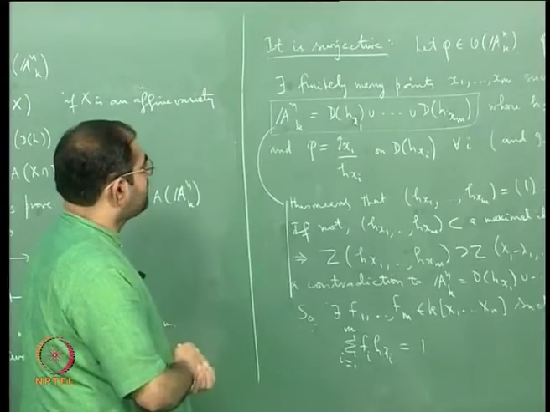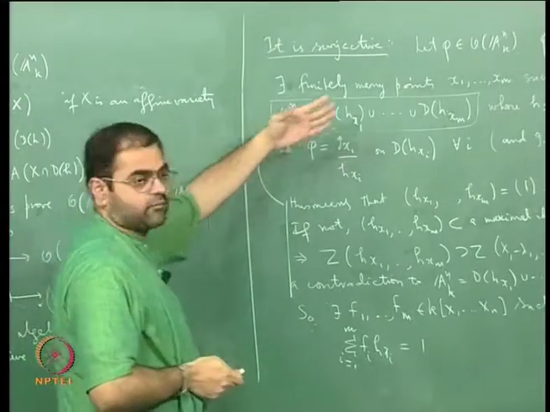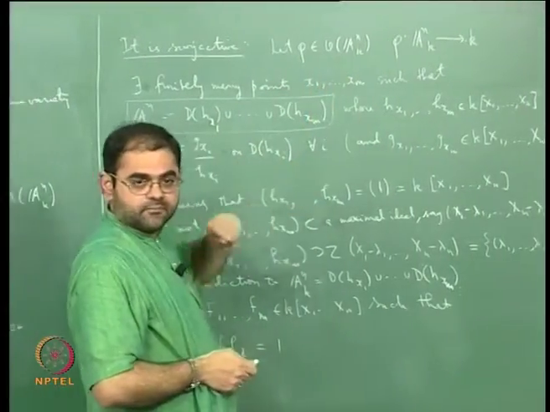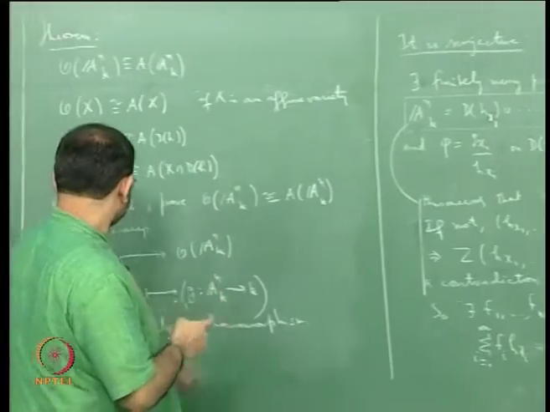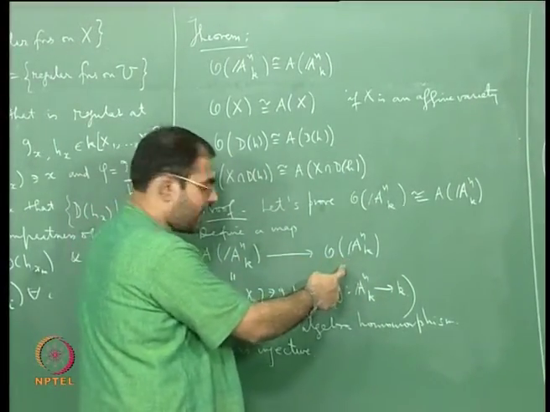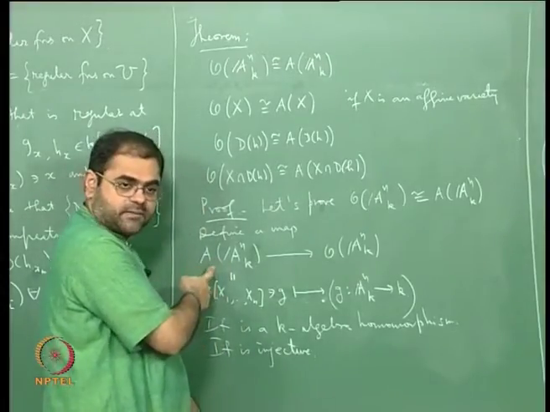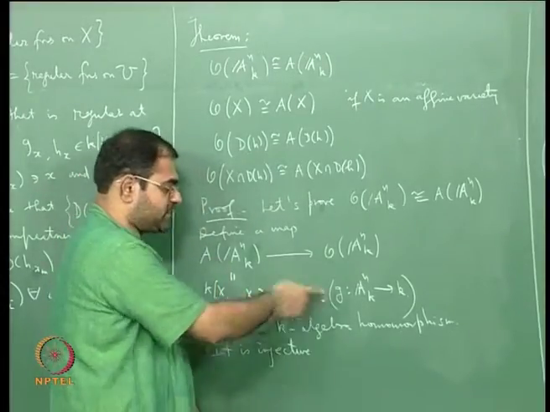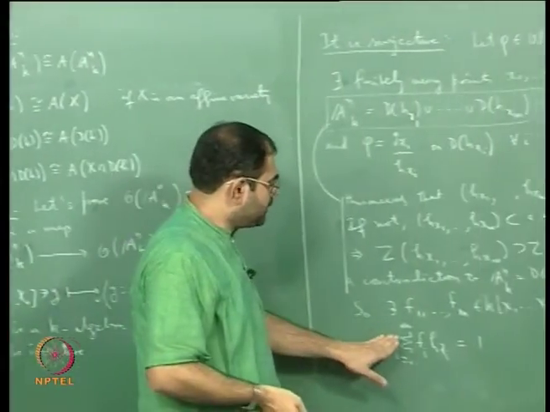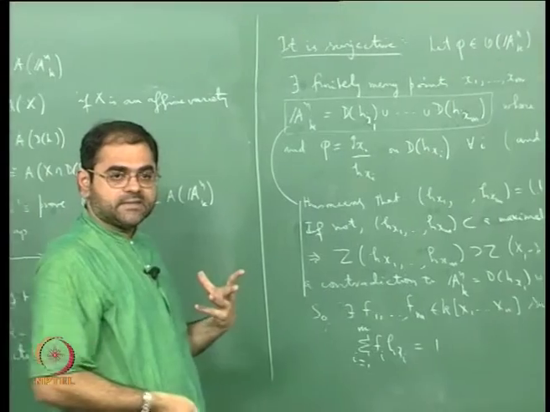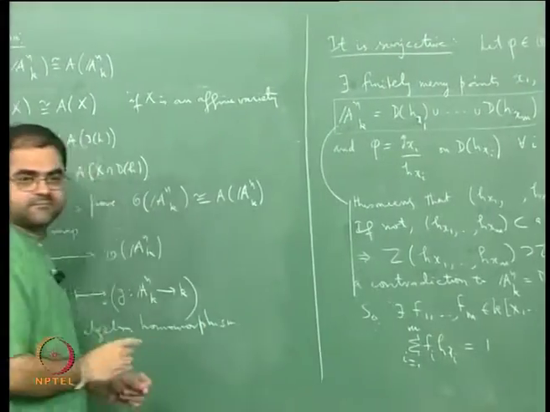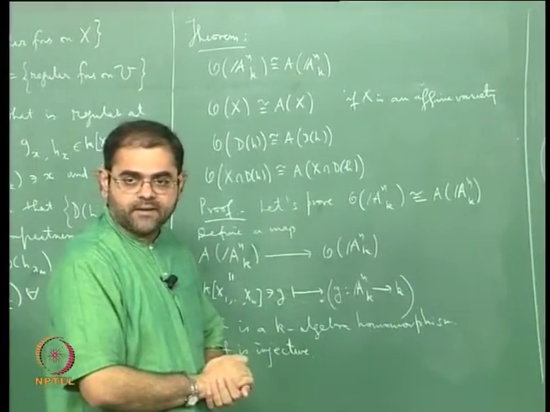Now the point is that I will have to show, let us go back to what I started with and what I want to show. I started with a regular function on A^n, okay, and I am just trying to prove surjectivity of this map. So I started with something here, a regular function on A^n, and I am trying to show that it comes from here. So I will have to cook up a polynomial which is equal to that function, okay. So I will have to use this information to cook up a polynomial g such that if I consider g as a map I get this phi. That is what I will have to do, okay, and